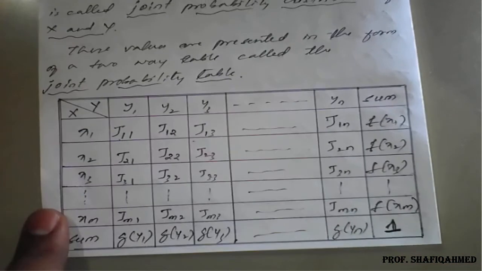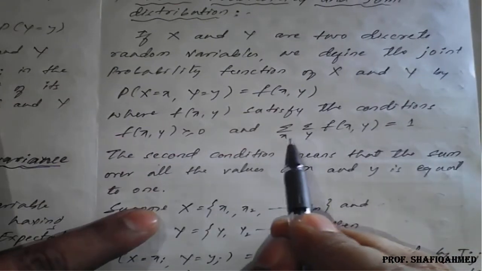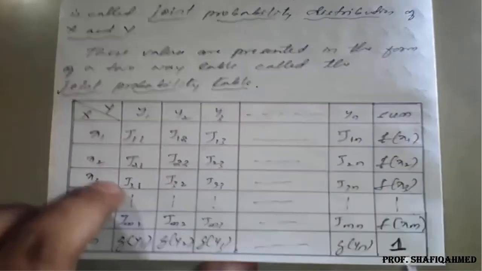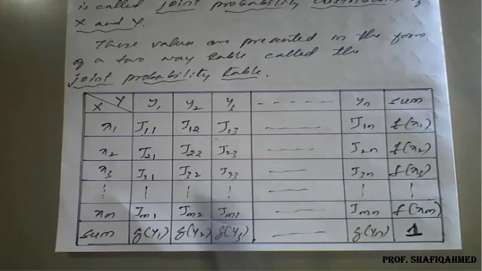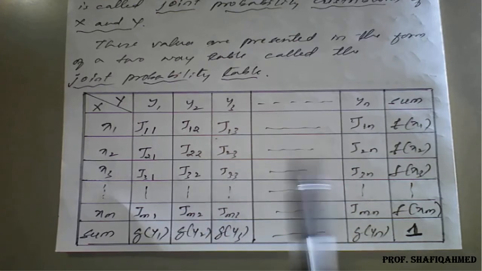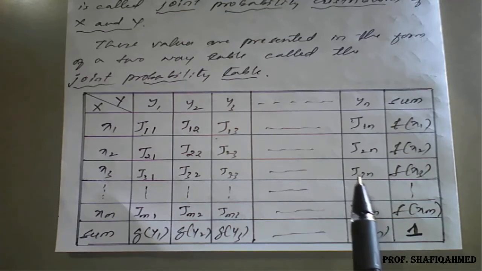Okay, so this proves your condition. What condition have we seen previously? The summation of f of xy is equal to 1. This proves the table value also directly. If this is not coming to 1, then this probability table is not a perfect fit for the two given data, or the values we have taken may be wrong. Because the two summations are not turning to 1, we can say that it is not a probability distribution function also.